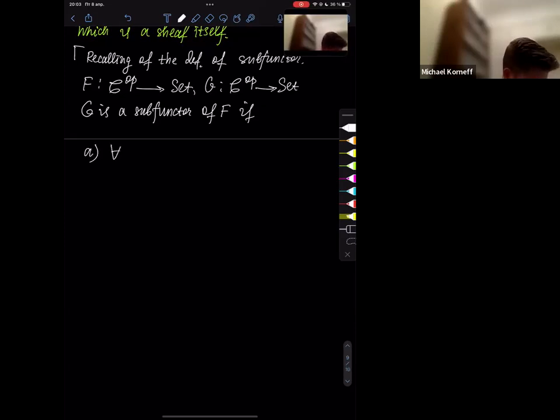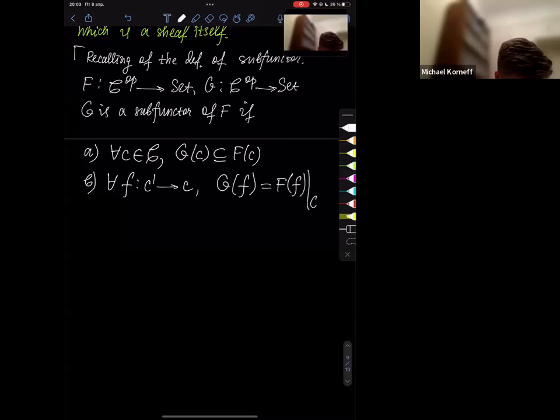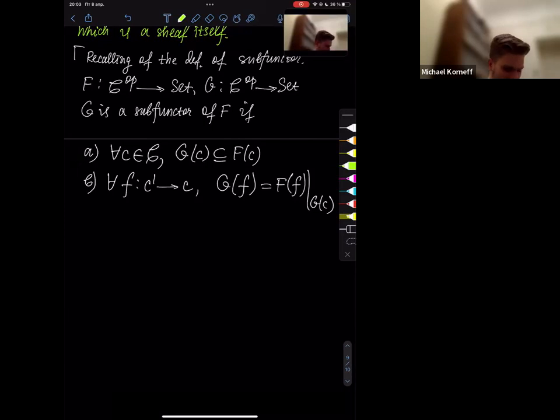The first one, for any C from the category C, we have that G of C is a subset of F of C, and also for all arrows f, we have that G of f is F of f restricted on G of C. Okay,